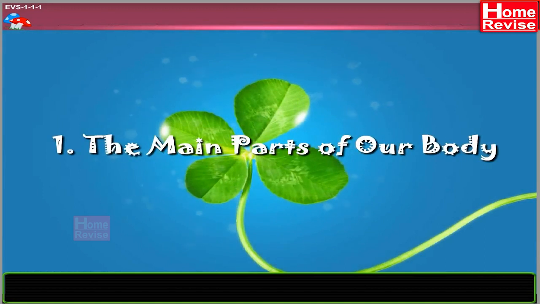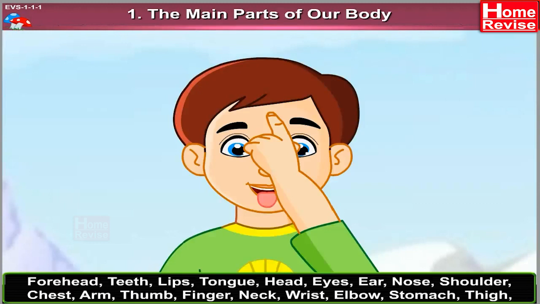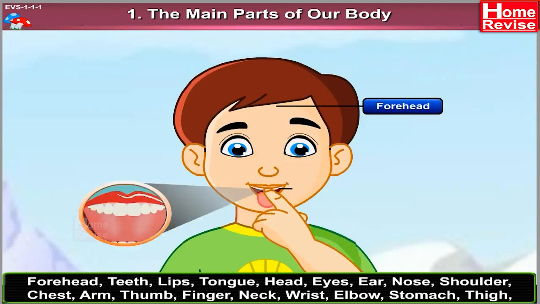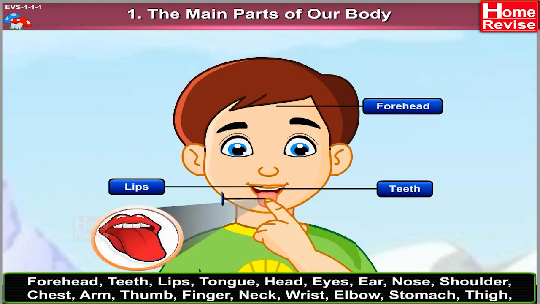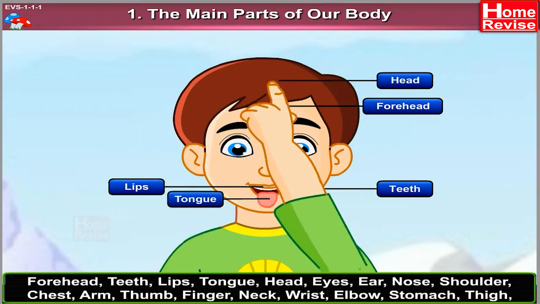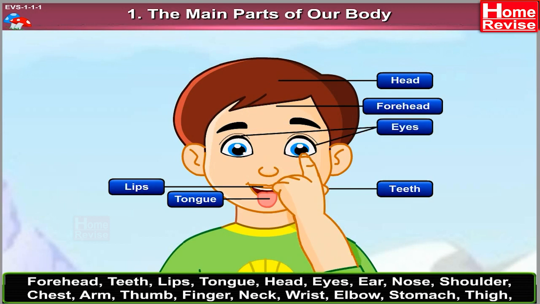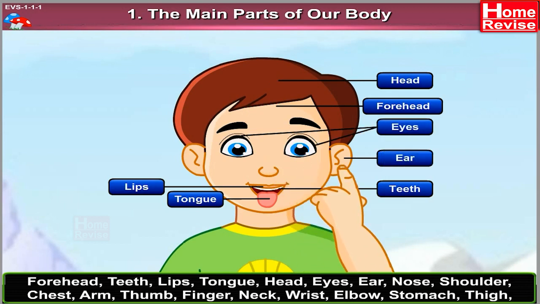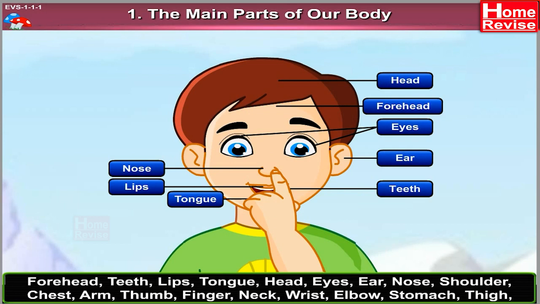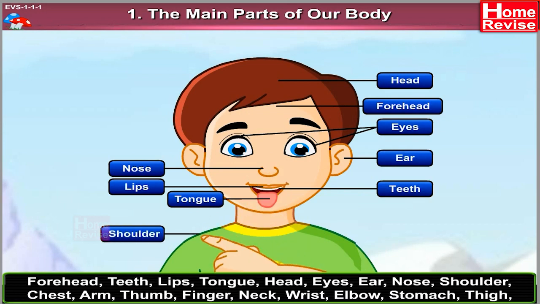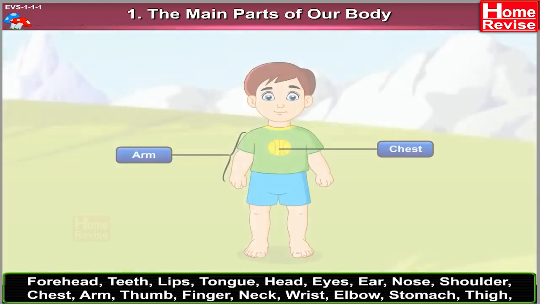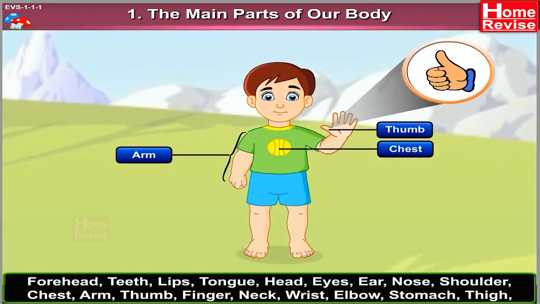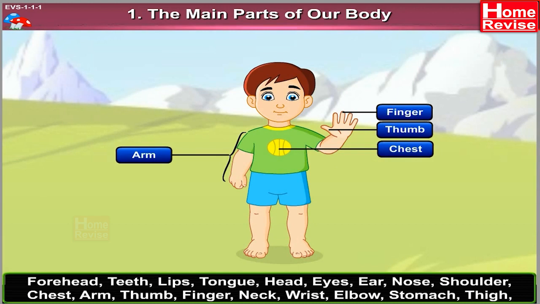Chapter 1. The main parts of our body: forehead, teeth, lips, tongue, head, eyes, ear, nose, shoulder, chest, arm, thumb, finger, neck,